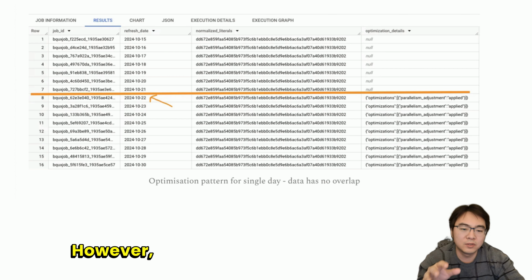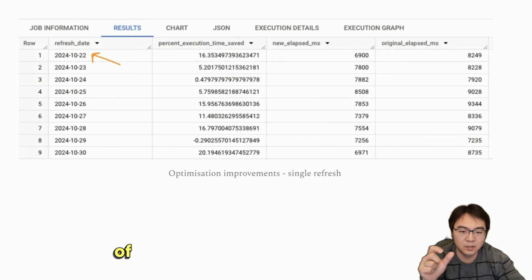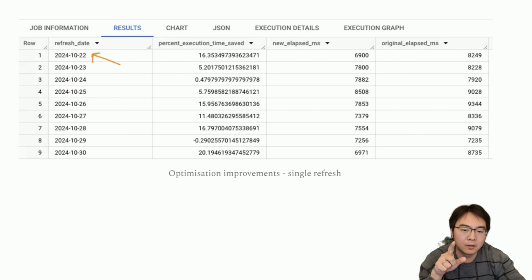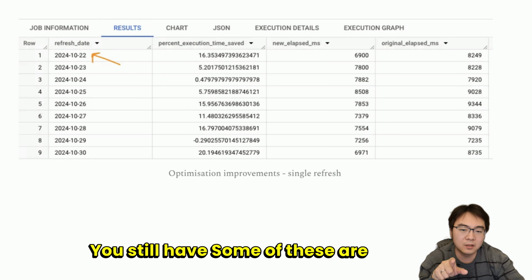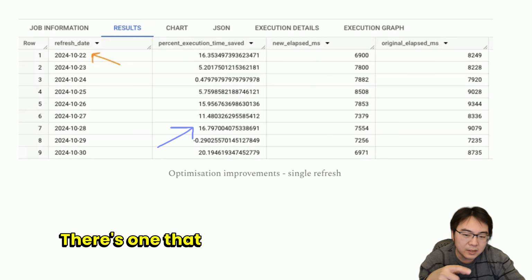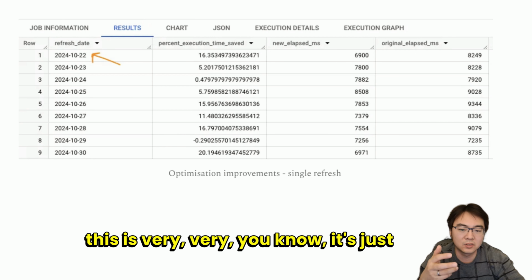So, which is amazing. If you look at the impact, it's the same query I ran, but I've changed it to match based on equals instead of less than. Now also keep in mind I'm processing a lot less data, right? But percentage-wise, it's quite interesting. You still have some of these at 16 or close to 17% saving or better, right? There's one that's a little bit worse,